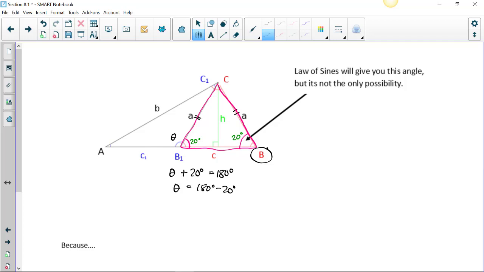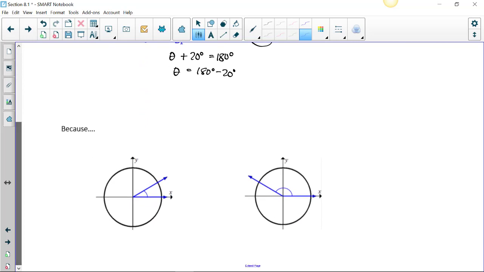Okay, so that means that this angle B that we're given from our calculator, its supplement could also be an angle that would make another triangle. And the reason for that is because there are two angles that have the same positive value of sine between 0 and 180. So for example, if I say the sine of some angle theta is 1/2,